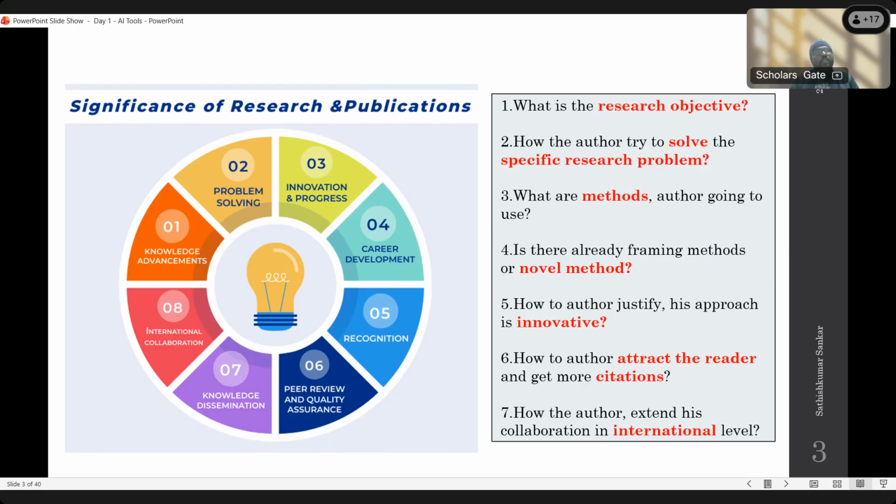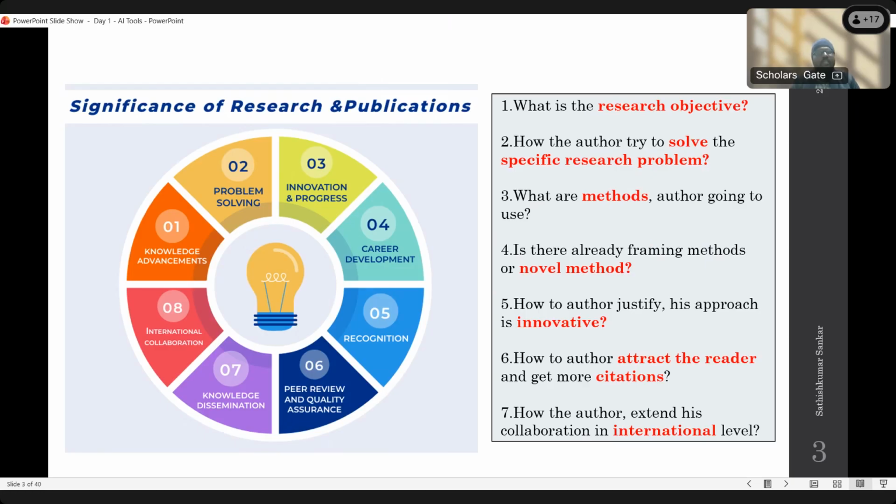We want to go through different types of articles over different durations, minimum 10 years, minimum 20 years, based on the research field. We want to identify the research problem. It's a very difficult task. That is called the research gap. So we say research problem or research gap.